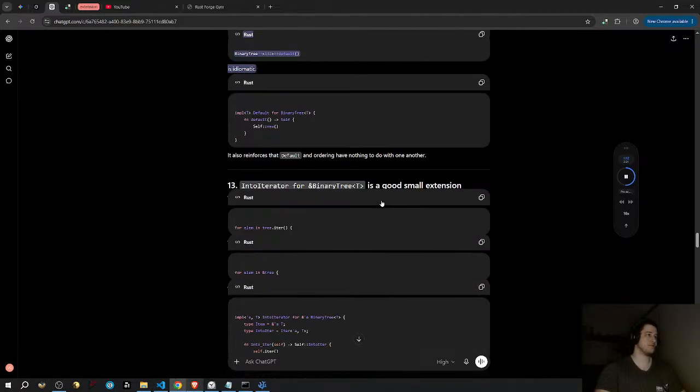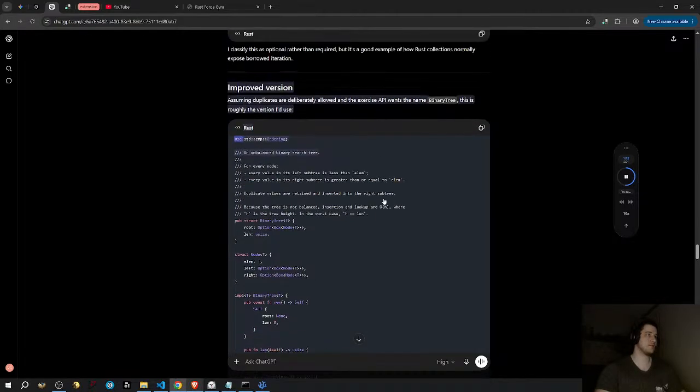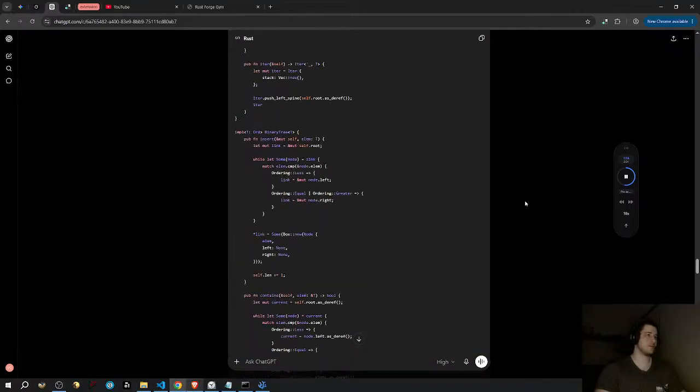Twelve, Default is worth implementing when new has an obvious empty default state, supporting BinaryTree<i32>::default(), which is idiomatic. I prefer explicitly delegating: impl<T> Default for BinaryTree<T> { fn default() -> Self { Self::new() } }. It also reinforces that Default and ordering have nothing to do with one another. Thirteen, IntoIterator for BinaryTree<T> is a good small extension; your current API requires